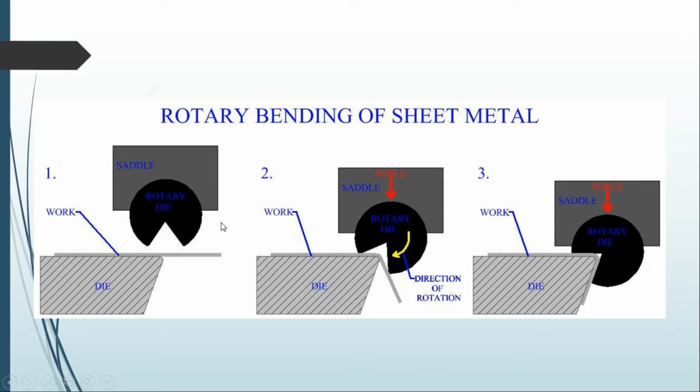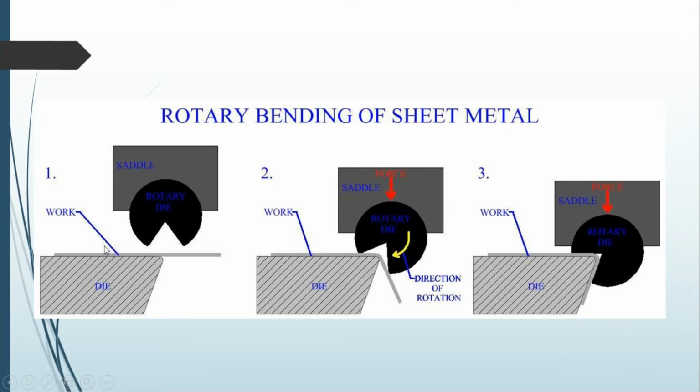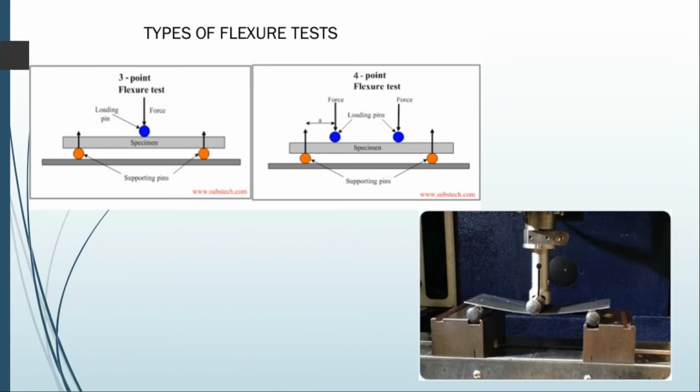Rotary bending of sheet metal is very important, because when you go for normal bending, this is for full bending. If we want to make a certain angle or anything, we can go for this one. Initially you have to take the workpiece, then apply some forces, and the bottom die is also available. Then we have the rotary die. Initially it will come and touch, and one side starts rotating. It will push the plate in the direction of rotation, so that the expected shape will be obtained.